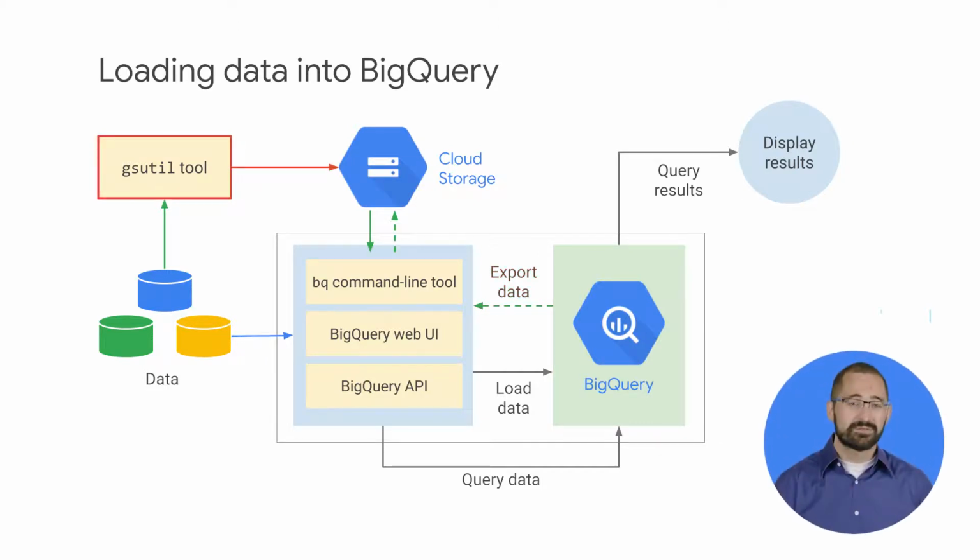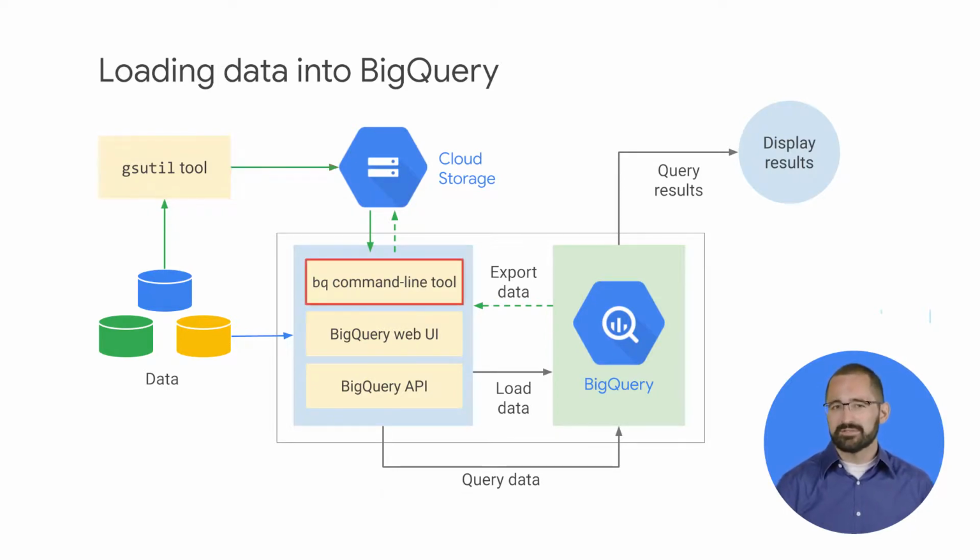The gsutil tool is a Python application that lets you access cloud storage from the command line. You can use gsutil to do a wide range of bucket and object management tasks, including uploading, downloading, and then deleting those objects. The officially supported installation and update method for gsutil is to do so as part of the Google Cloud SDK. The BigQuery command line tool is another Python-based command line tool, and it's also installed through the